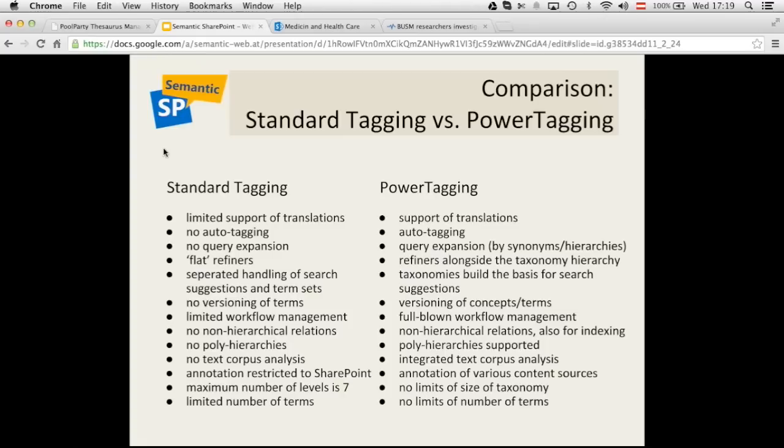As I said, in SharePoint the query suggestions and term sets are handled totally separately. So there is no way to keep them synchronized, especially not out of the box without some crazy heavy custom solution. While in PowerTagging and with PoolParty, it's there out of the box. So if you modify anything in your taxonomy, it's going to be in your search